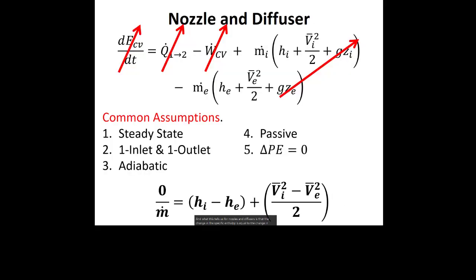So if the enthalpy goes up, the kinetic energy must go down. And if the kinetic energy goes up, like when I'm covering more of the area of my garden hose, then the enthalpy must be going down. I'm getting that extra energy from somewhere, and that's what the first law tells me. So if you have a nozzle or a diffuser, this is the analysis that you would usually do. These are common assumptions, but if you have an exam problem and I tell you that there's some heat loss, then you should include the heat loss in the problem. So you don't always make these assumptions.